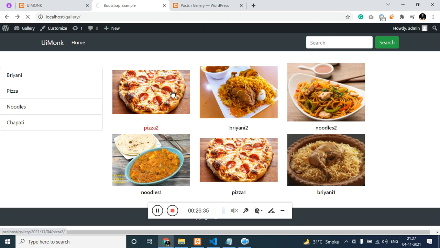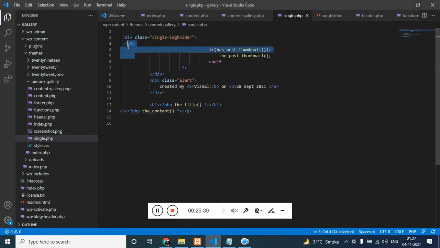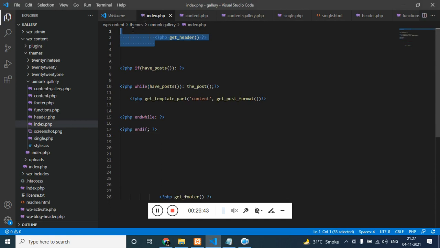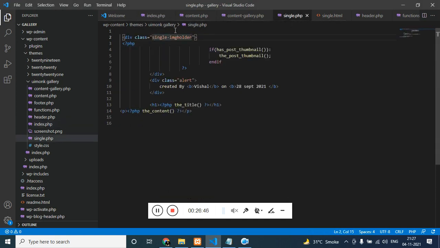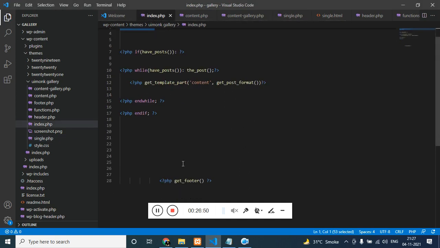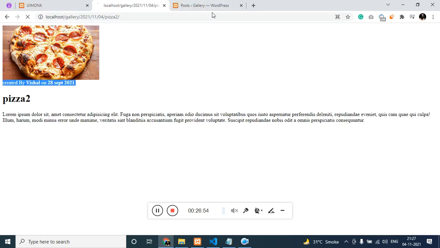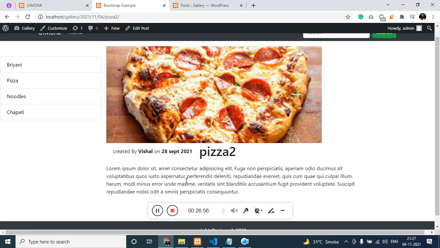On clicking pizza, the image should show up, and we have not linked the header and footer. Let's link the header and footer. Get header and get the footer as well. Refresh it. Now it's working.